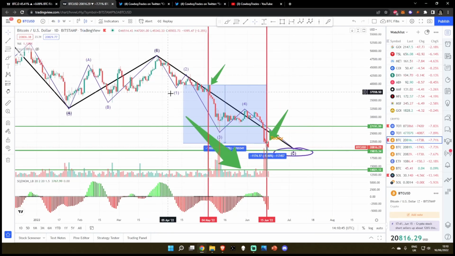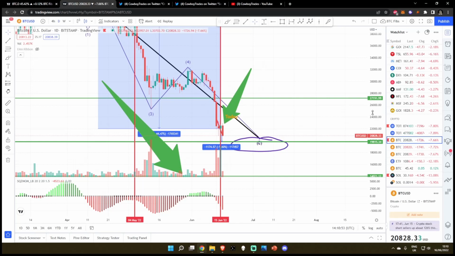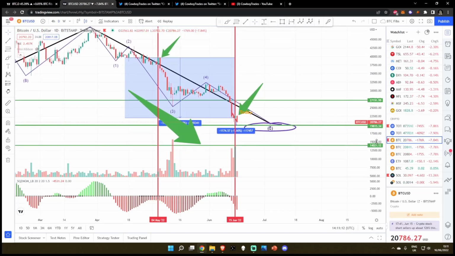So you can see we've had our 1 bearish impulse, correctory phase, 3 bearish impulse, correctory phase, and right now I do very much believe that we are getting very close to the bottom. I do think this is the last leg to the downside. Does this mean that we can't have one last absolutely brutal capitulation? No, it doesn't, because that is actually what I'm predicting. I've been talking about this for a while. I do think we're getting ready for that one last capitulation to the downside before we do start to reverse.